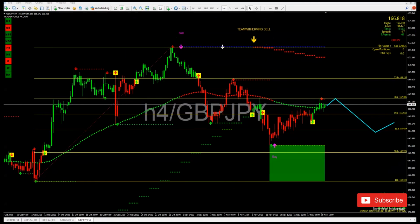So here it is, guys. Pay close attention because I'm going to be breaking down the entire pair step by step so you can learn and see what the market has to offer. This is the first thing that you always have to look at. Always pay attention to your time frame. The larger time frame is very important because it will tell you the direction of the trend. So in this scenario, we have our daily time frame stating the market is selling,